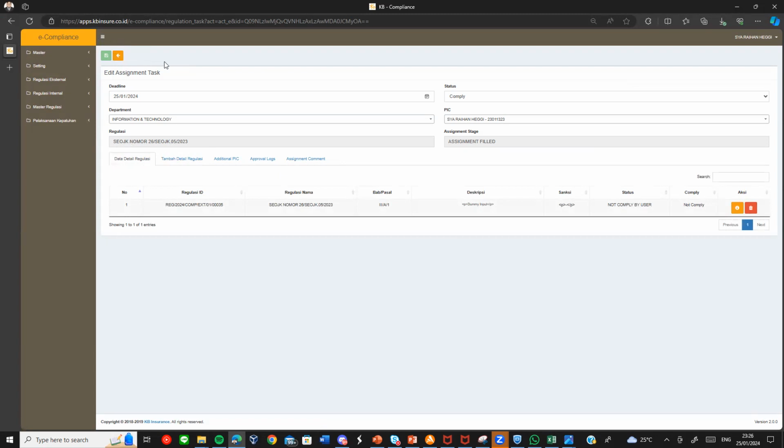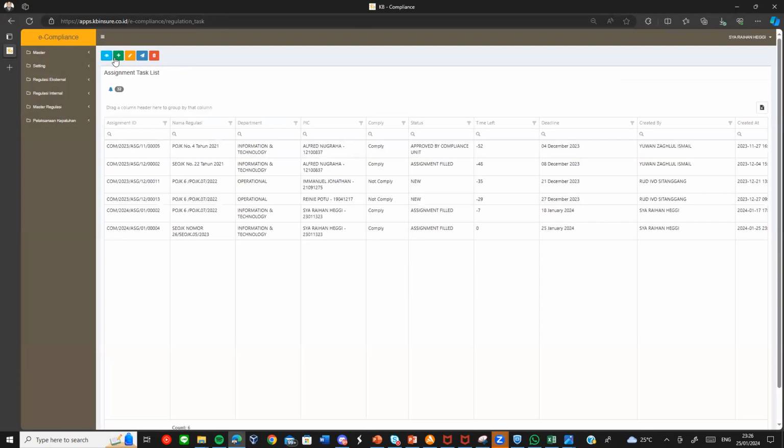But if we continue to the next step for the approval, if we need some revision, we just need to reject the request, and then it starts over for the user to add the revision needed by the compliance after the verification. But if we approve the data, it goes to the next step, approved by the compliance unit.